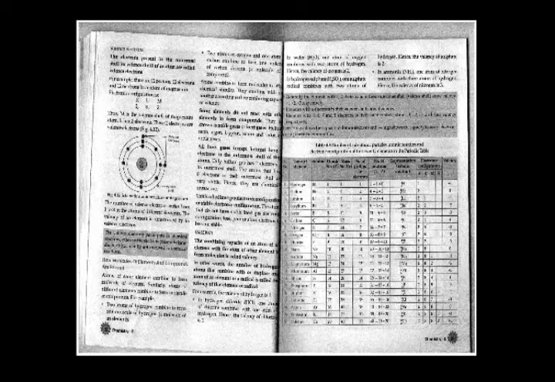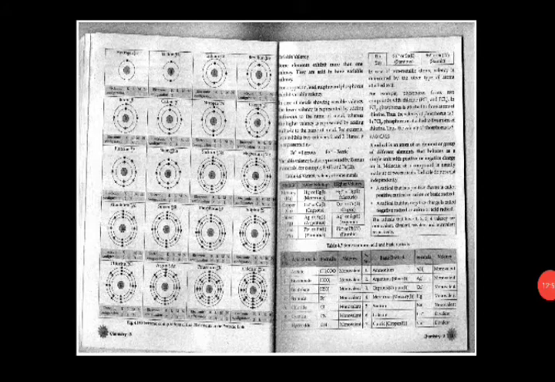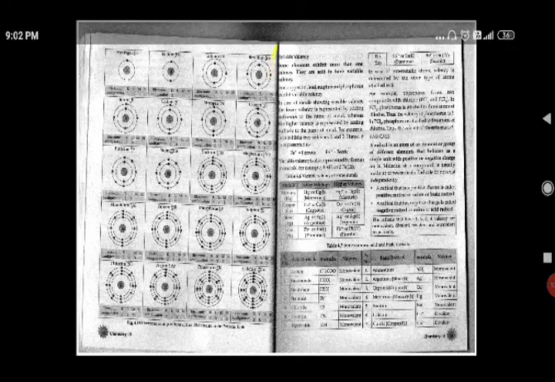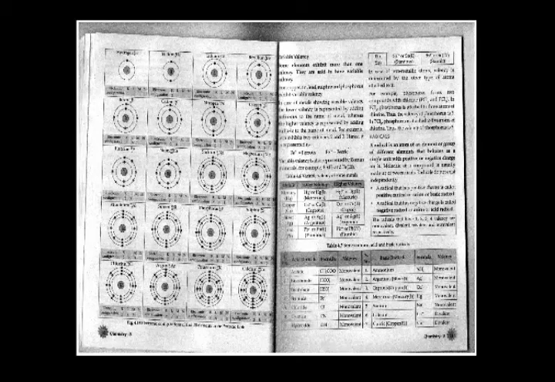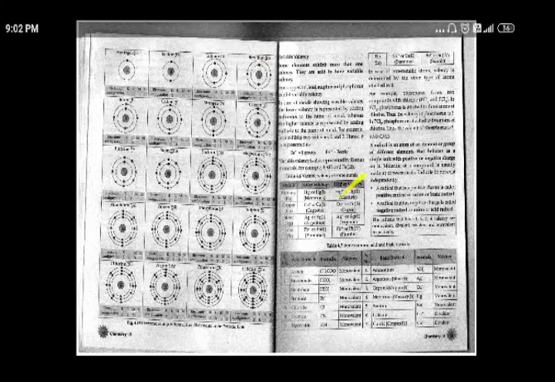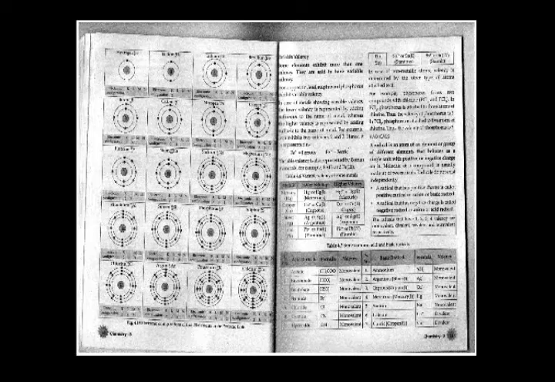Then the next question is, what is variable valency, and give 2 examples. You can see the definition in the first paragraph. Some elements exhibit more than one valency, they are said to have variable valency. For examples, you can give any from Table 4.6. Any 2 examples, such as mercury, copper, silver, lead, you can give.